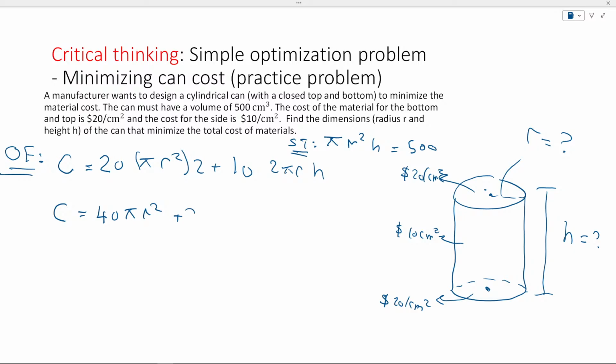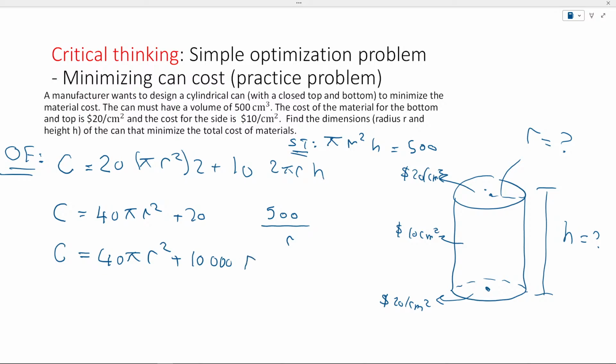So that's plus 20 pi r by r, and then here I can say that h is equal to 500 over pi r squared. So these guys can go together, and I can multiply to get 10,000. So I can get 40 pi r plus 10,000